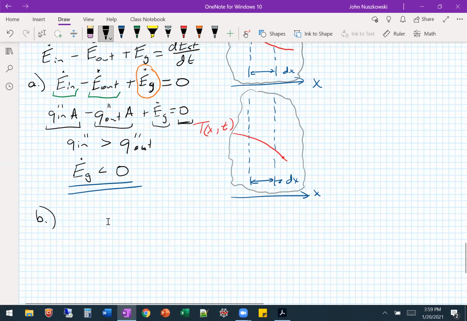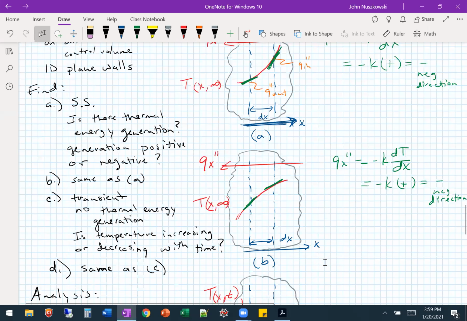All right, so we have our COE equation for part B, and we start labeling. This is our heat flux in, and this is out, right? So this time we're going to have more heat flux out than in, right? Correct. Okay, so from that higher slope for out, that means